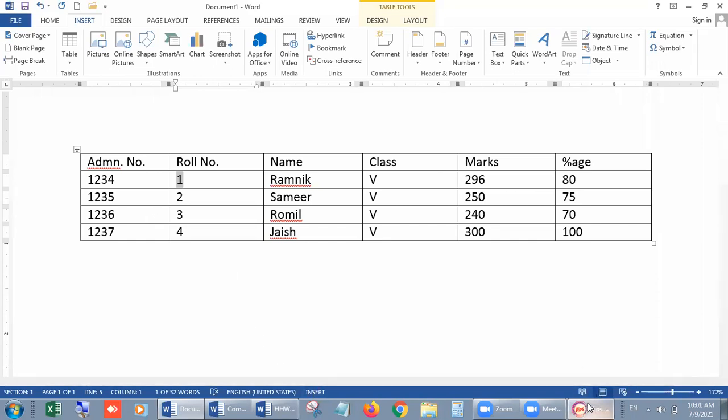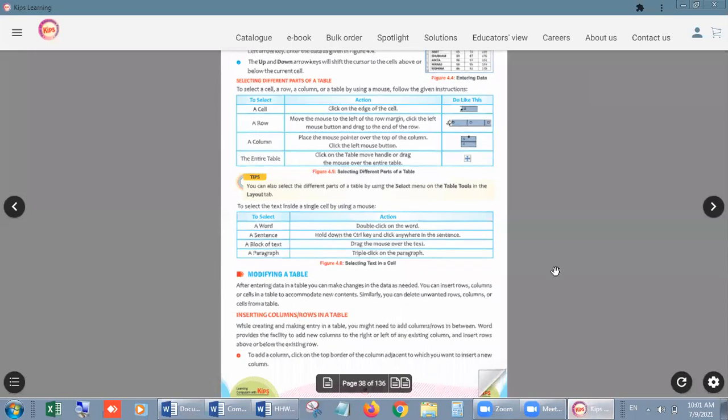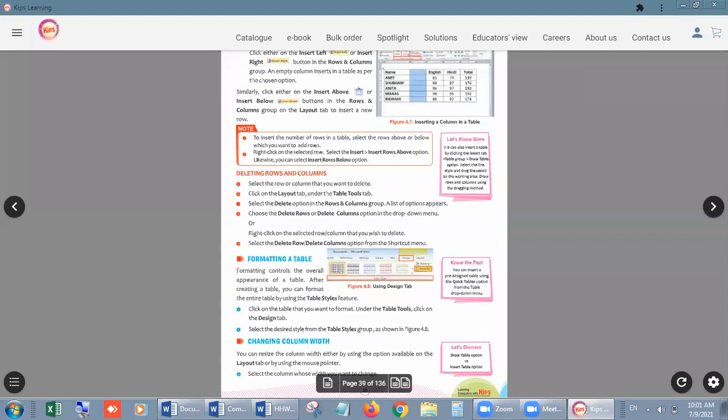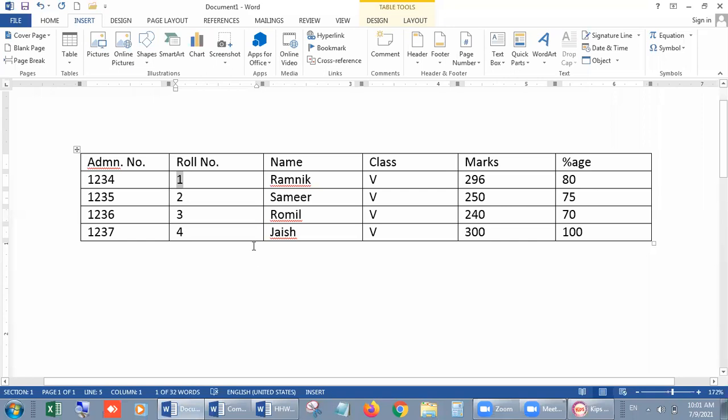Now, let's move to the next point: deleting rows and columns. How can you delete rows and columns? It is quite easy, nothing difficult in it. Suppose the number 4 record is not needed.